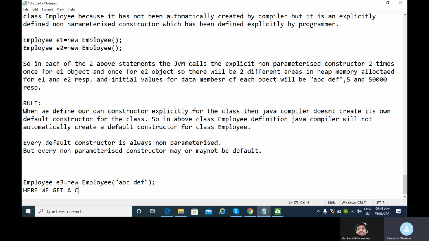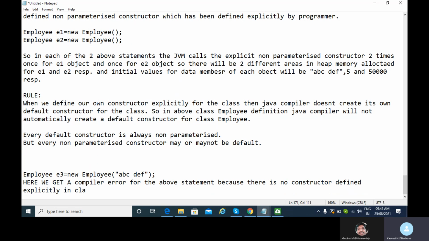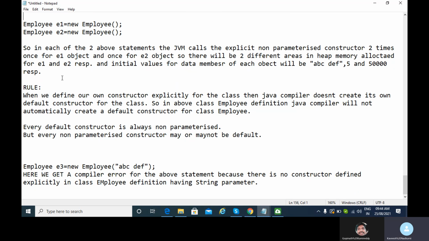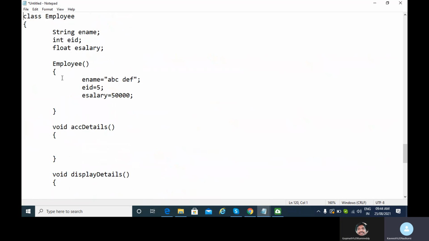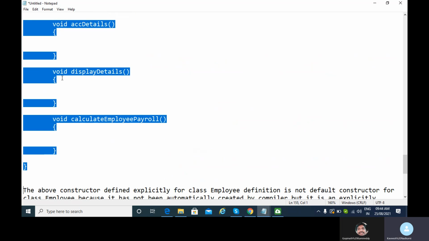So here we get a compiler error, or a syntax error, for the above statement, because there is no constructor defined explicitly in the class employee definition having a string parameter, Gopinath. Clear, na? Yeah. Clear.